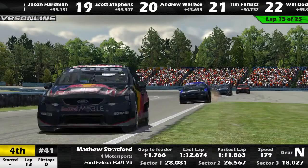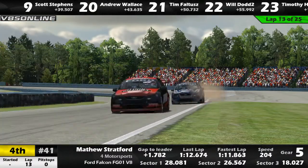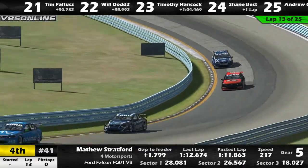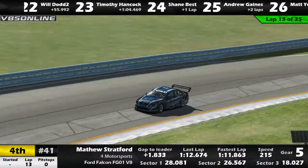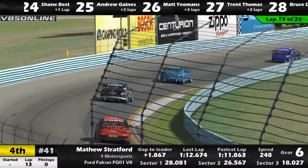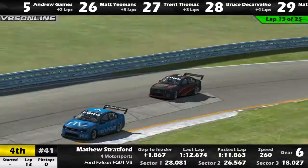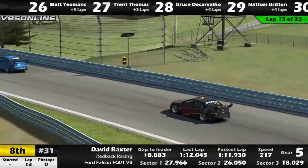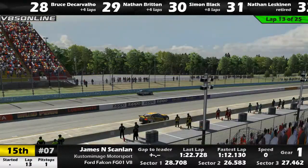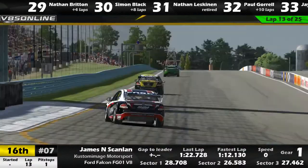Seen people take tyres. Obviously, Madden back there has shown that they do work on pace, but do you reckon anyone might gamble and just take fuel, have a bit of a quicker pit stop? Because I think that with how little fuel you need to put in, you might be able to get that done before the tyres. Yeah, of course, that may very well be a possibility. If it's only around 8 to 10 second pit stops the guys are doing, it's really not enough time to change all 4 tyres, so